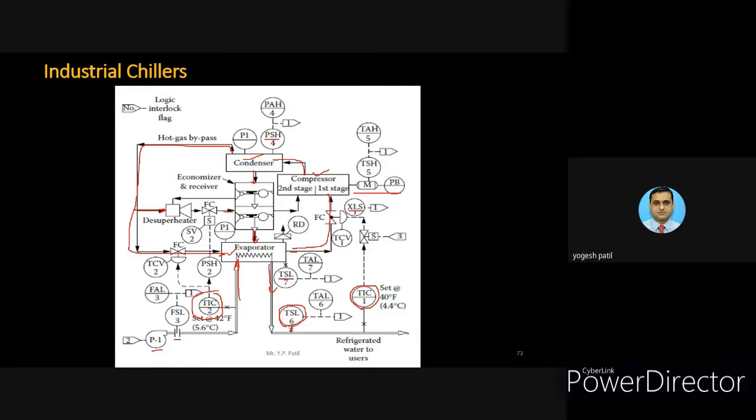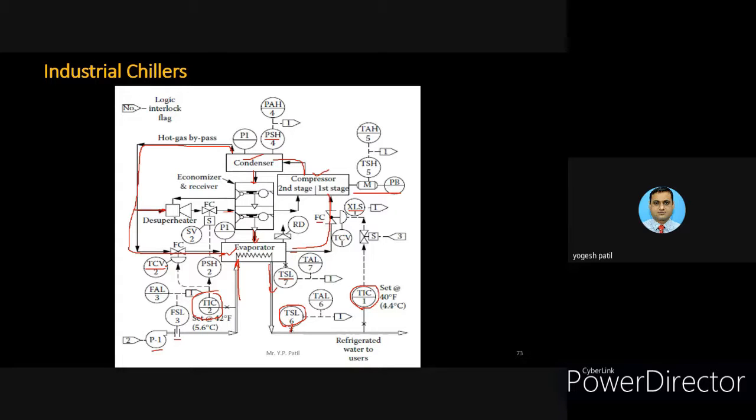Okay. So you can see that it can be used to control this particular valve connected over here, that is flow control of this particular evaporator output. So the evaporator output is controlled with the help of this particular TIC1. You can see clearly this closed loop. Okay. Then there are different valves also. This particular TCV2, that is the bypass valve, because this is connected in bypass, so we can call it the bypass valve.